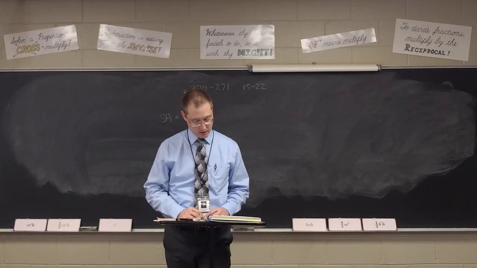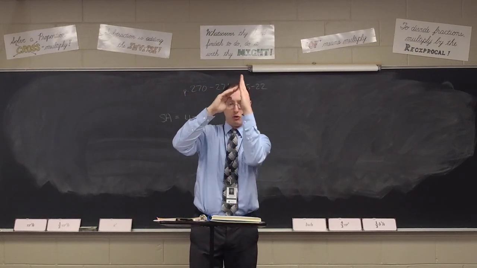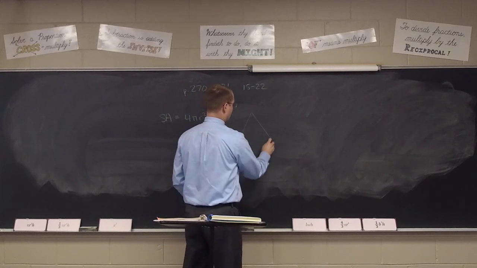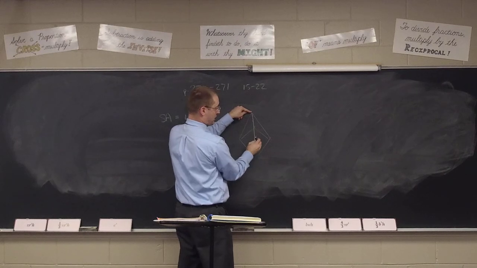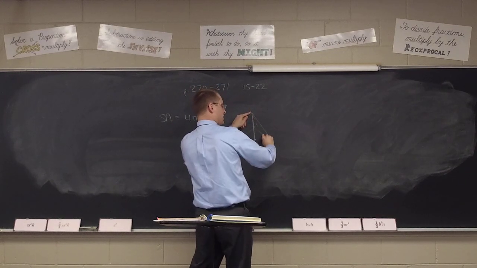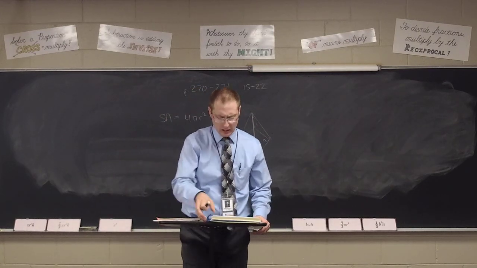For 16, I was kind of confused because it said slant height. Right, because for surface area you need the slant height, whereas for the volume you use the true height. So if you were standing inside the pyramid, the slant height is what comes down the triangular face perpendicular to the baseline, and the true height is what comes down in the middle. I got 84. Let's take a look real quick.